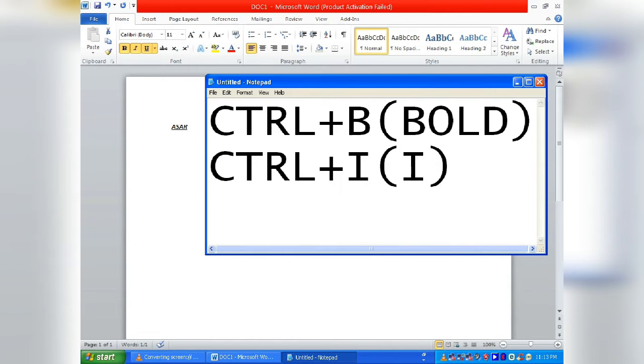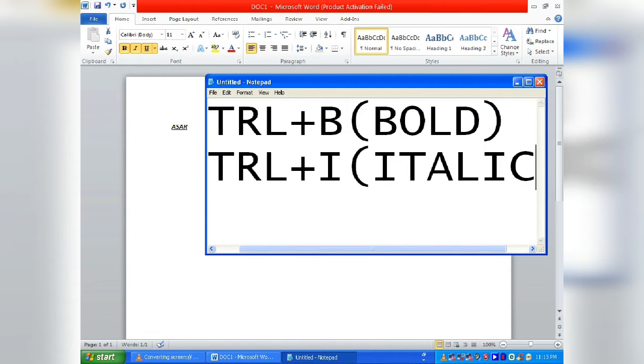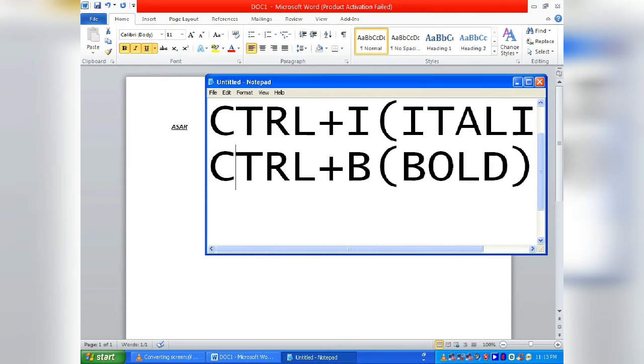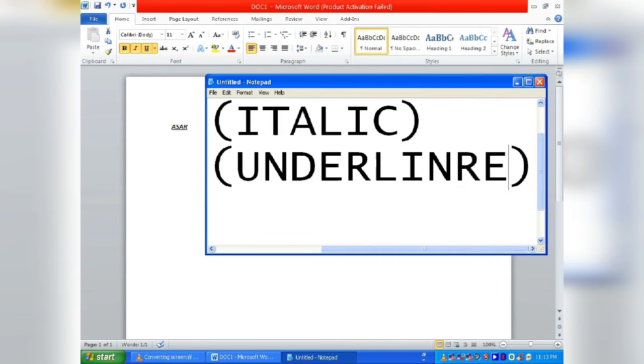See, the font has become italic. And the third option is, if you want to underline your text, you will have to press the control button, and after that U, control plus U for underline. So these are the short keys for doing all these three things.